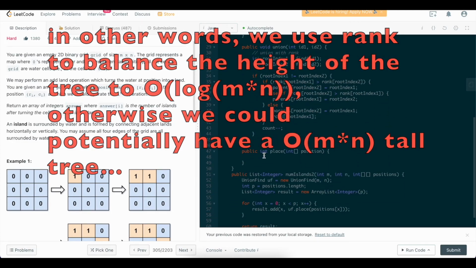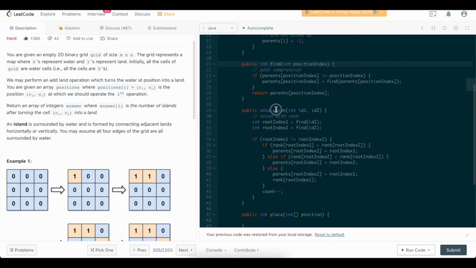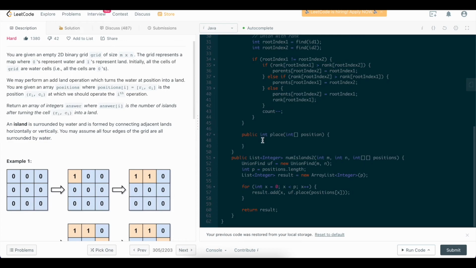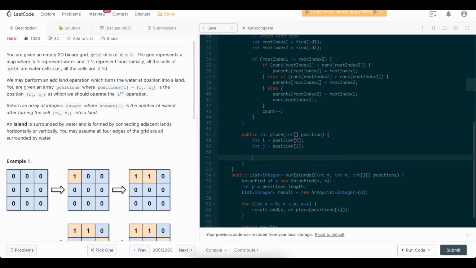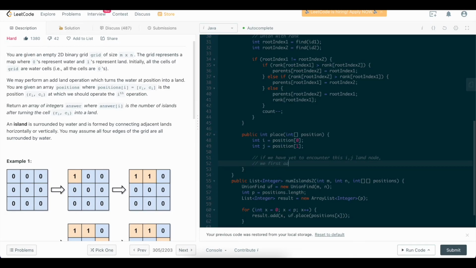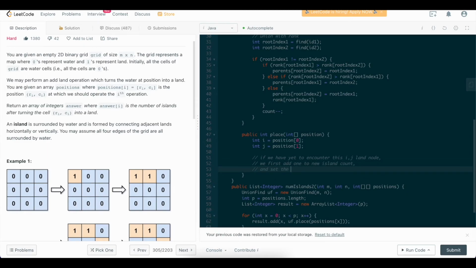Okay, so what would place look like? Well, place leverages both find and union together. So let's write it out. I'm going to define int i as just position 0 of our given position, and int j as position 1 for ease. And basically, if we have yet to encounter this i, j land node, then we first add 1 to the new island count